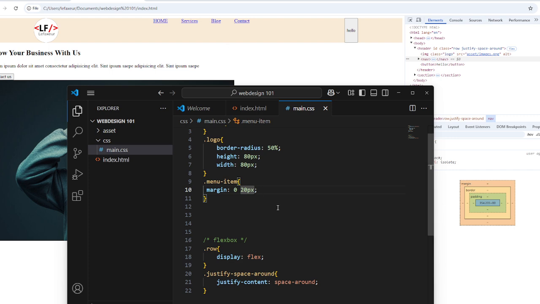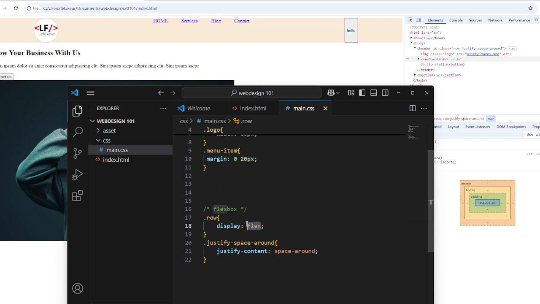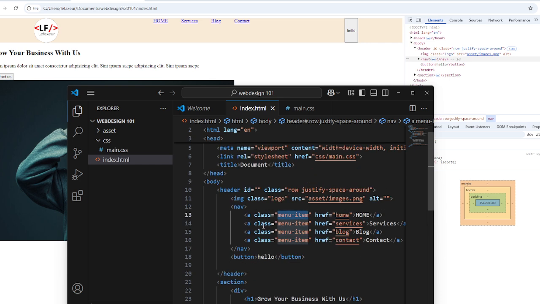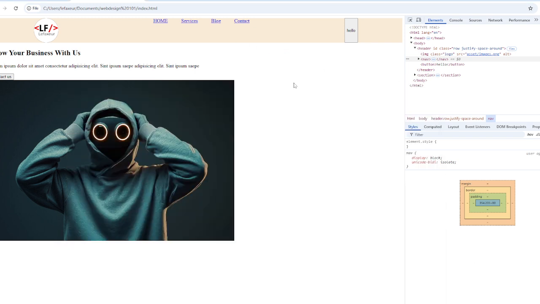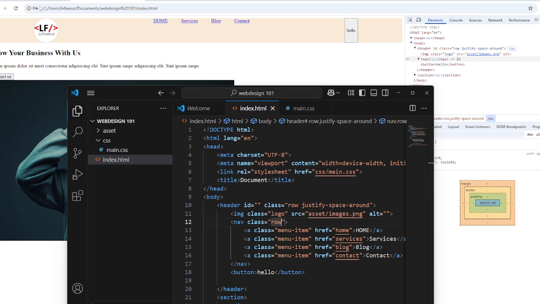Let me just show you what I'm saying. I come here to nav and give it a class. I give it row, although they're already in a row. But if I give it row now and we refresh,